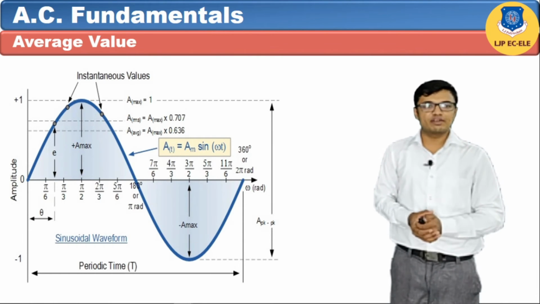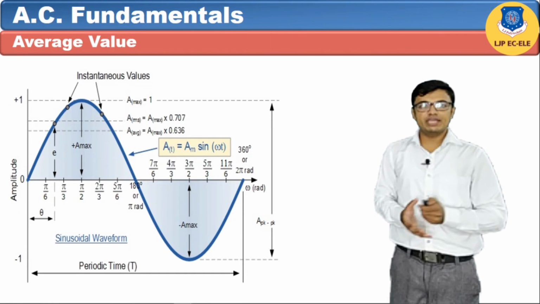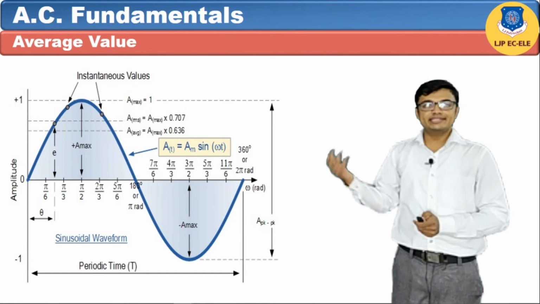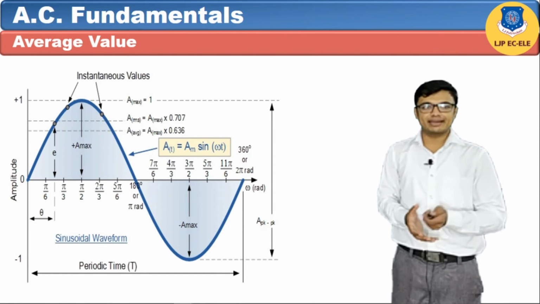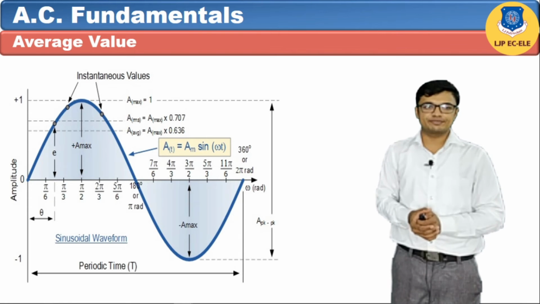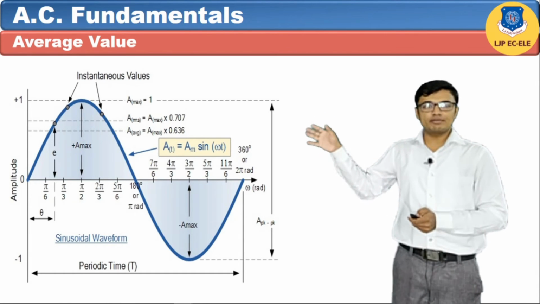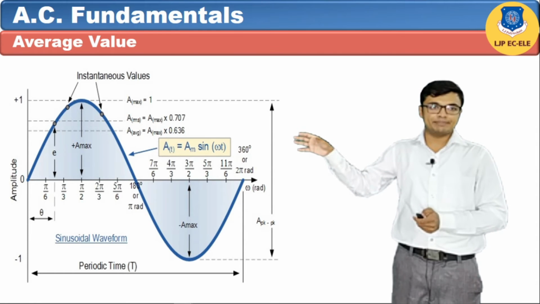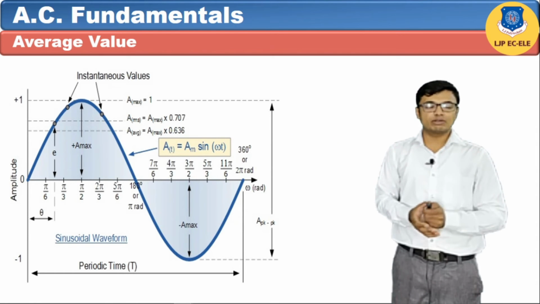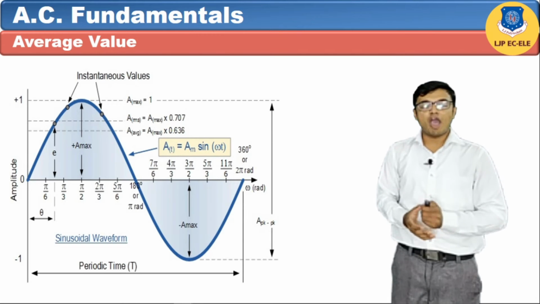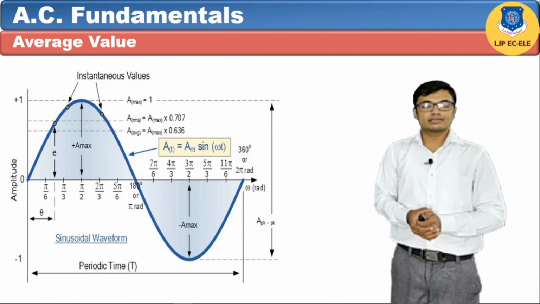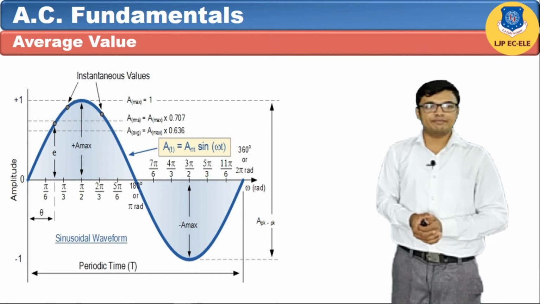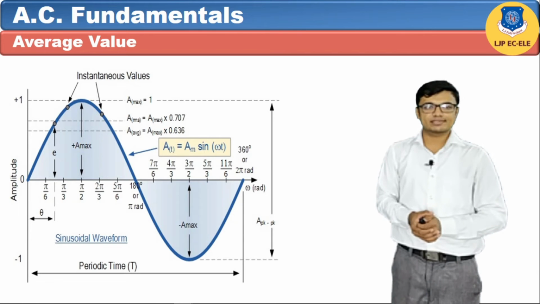Let's understand definition of average value. Suppose we have one circuit, and if we inject X amount of DC current in this circuit, then Q amount of charge will transfer for particular time duration T. Now, to transfer same amount of charge for particular time duration T, required amount of AC current is called the average value for that current. Generally, it is 63.7% of maximum value. Generally, average value used for calculation of rectifier and battery charging process.